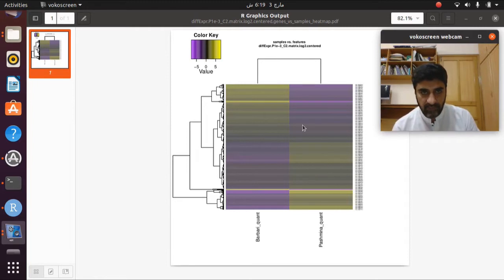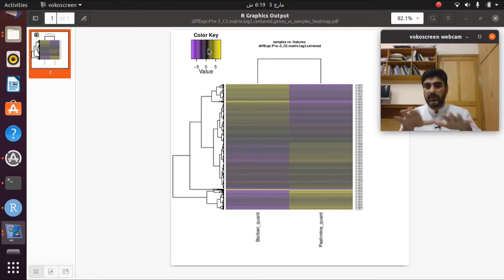So first of all, I will give you a quick overview of the color key. If the genes or the transcripts are upregulated, it shows a golden color, and this golden color slowly goes towards the blackish side. If there is a black tile, it means this is a transcript or gene that does not have a difference in both breeds.